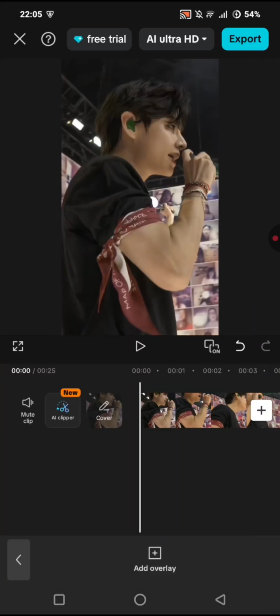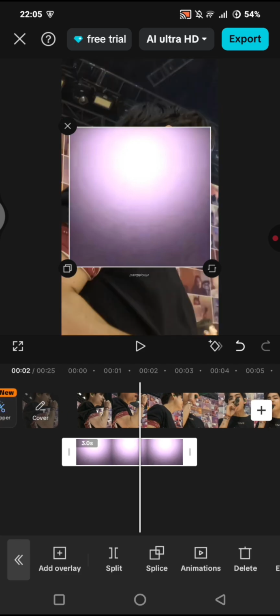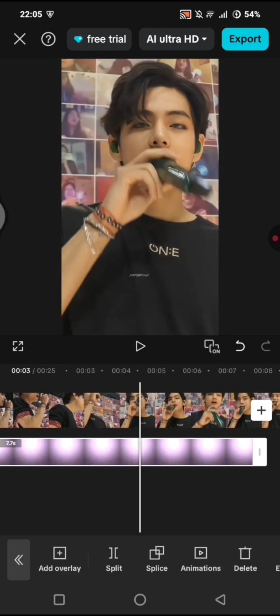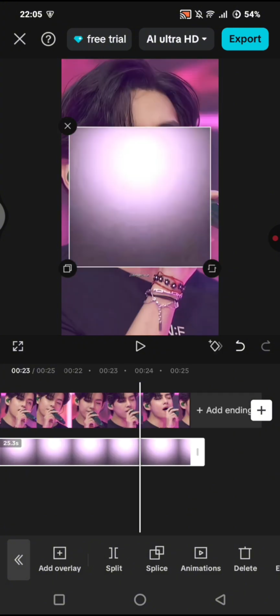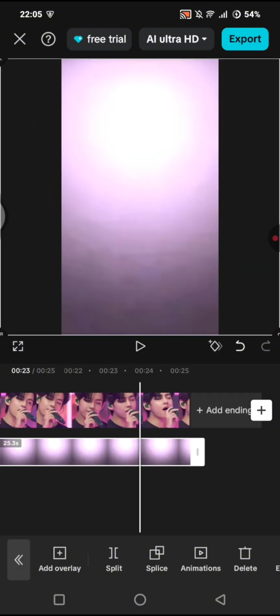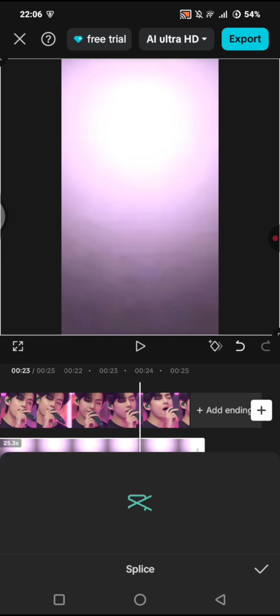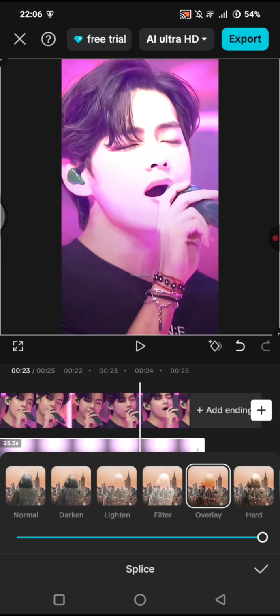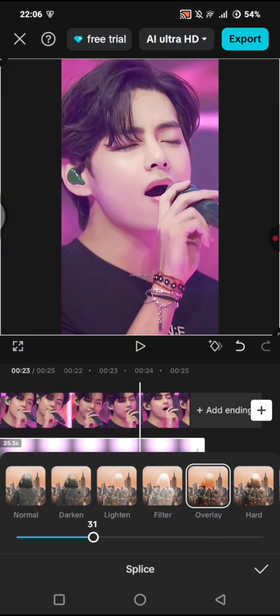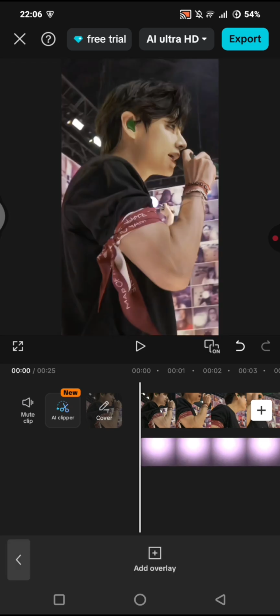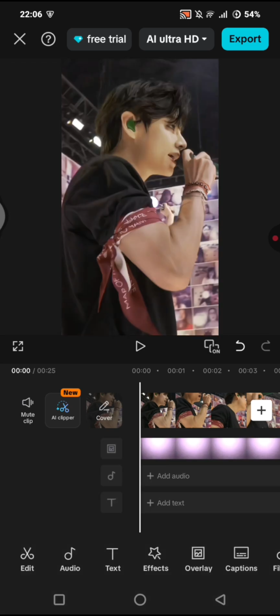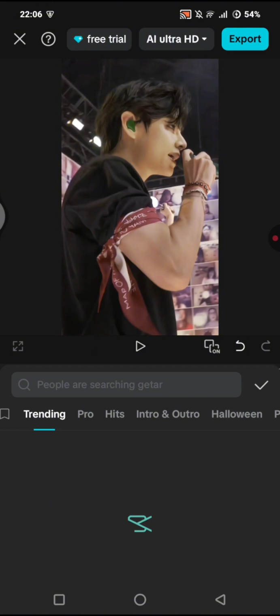add this overlays right here, this one. Adjust the length so that it match with the clip, and also zoom it in so it cover the whole screen like this. Then go to splice, choose the overlay mode and lower it to around 30 to 35. Hit on a check icon, and then you can just go to effects, video effects,